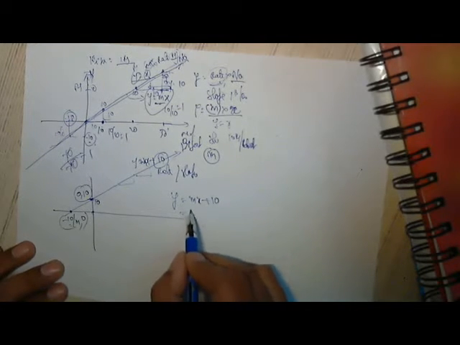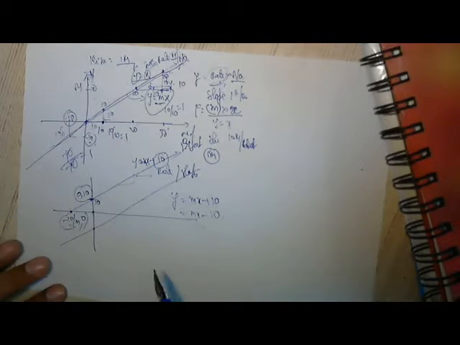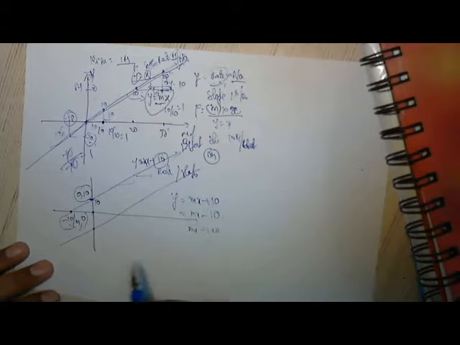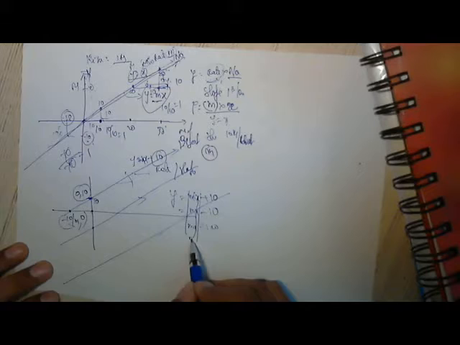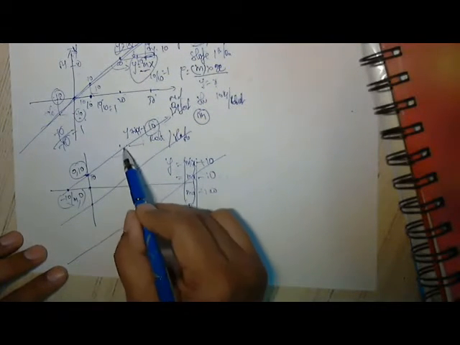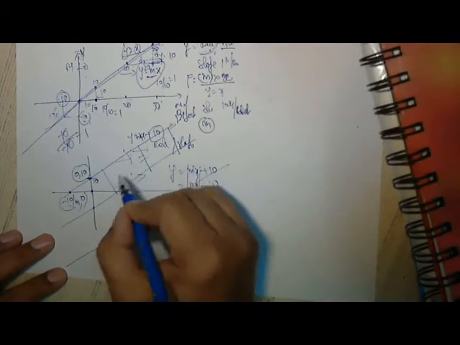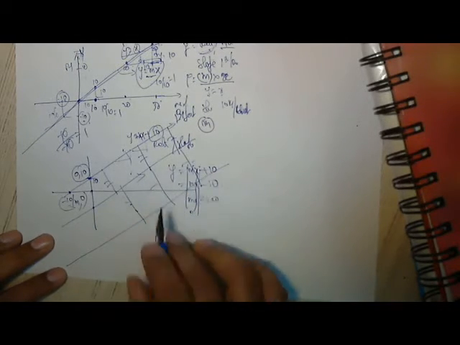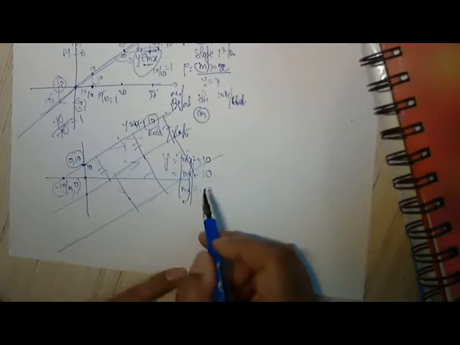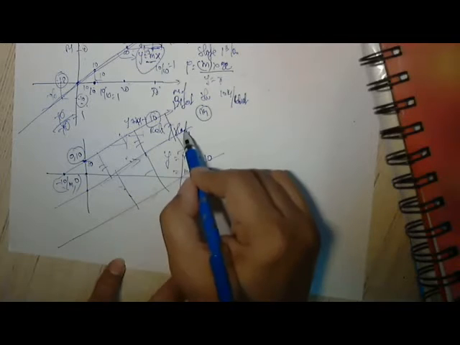It can be anything. Y is equal to mx minus 10. Y is equal to mx minus 100. Here, since m is the same, the slope is the same, that means they are parallel. If I draw a perpendicular distance line, everywhere it is the same. What is meant by parallel? They are at the same distance anywhere. So we learned two things: when the slope is the same, they are parallel, and the slope is fixed for a straight line.